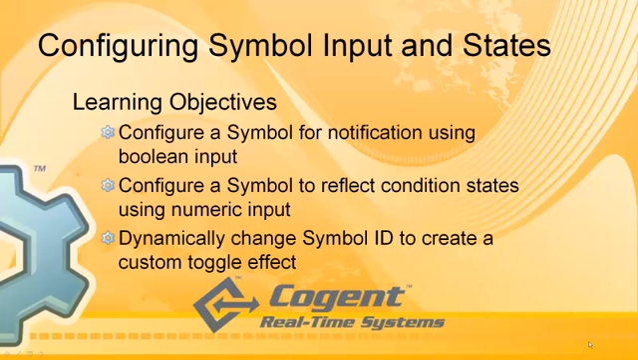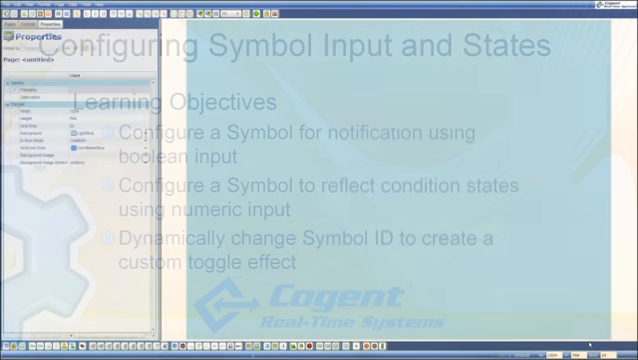In this video, we're going to discuss how we can configure a symbol to handle input and reflect various condition states. So we're going to configure a symbol for notification using Boolean input. We're also going to configure a symbol to reflect various condition states using numeric input, and then I'm going to show you how we can, in run mode, dynamically change the symbol ID to create a special or a custom